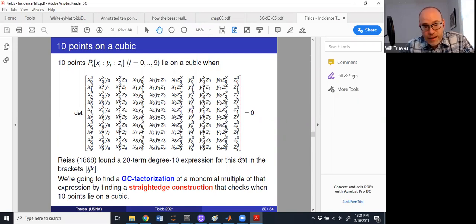I've tried to connect that up to some of the things that we see in rigidity, like the pure condition, the super bracket, and the Grassmann-Cayley factorizations. In next time's talk, just to advertise that, I want to go back to